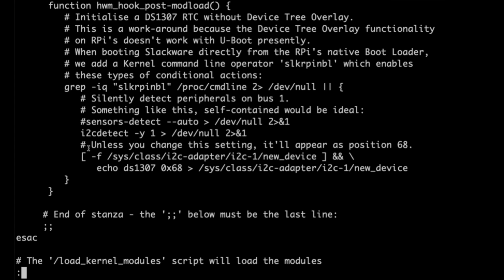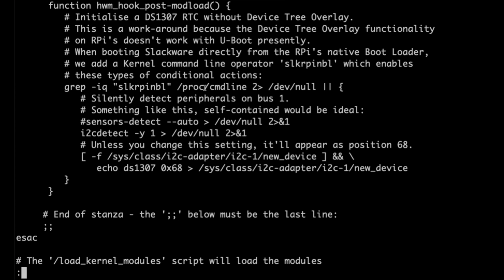So, have you played around with device tree overlays much with the native bootloader on the Raspberry Pi? No, I have not. No. Okay, me neither. But I started looking into it, and because U-Boot doesn't support, at least presently, in the December 2021 release I think, device tree overlays, which is a Raspberry Pi thing that they've created, it means that you need to do things like this with I2C detect and then initialize it kind of manually, if you like. But with device tree overlays, you can configure this RTC that's connected to the GPIO array within the bootloader config